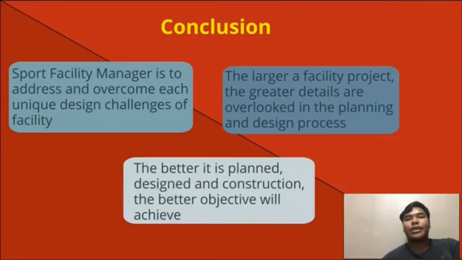So next, the larger a facility project, the greater the details that are overlooked in the planning and design process, because a large facility project will cost more compared to a small facility project. That's why we have to check the details in the planning and design process, so we cannot make a mistake, because it is a high cost. So next, the better it is planned, designed and constructed, the better the objective will be achieved. So basically, planning is number one. So if we plan well, the result and the objective will